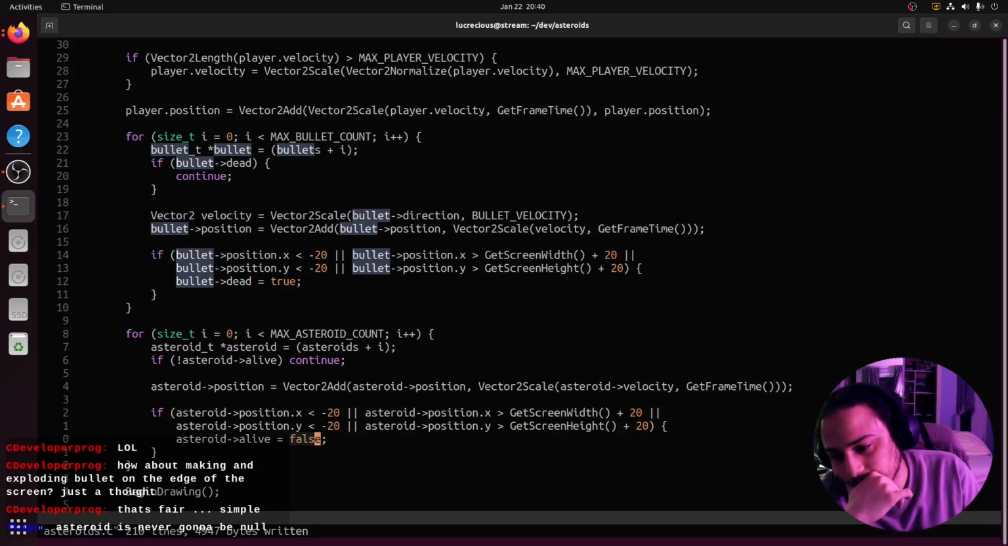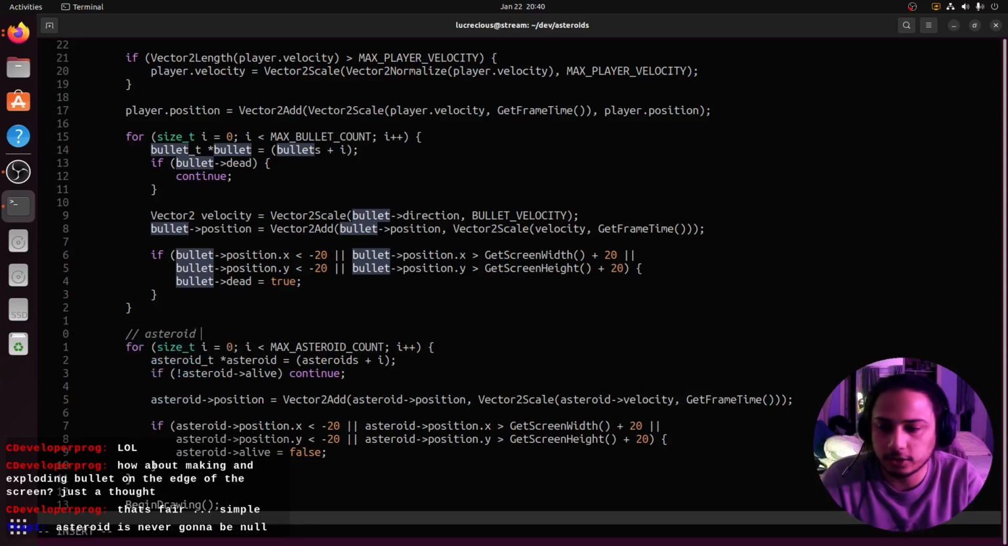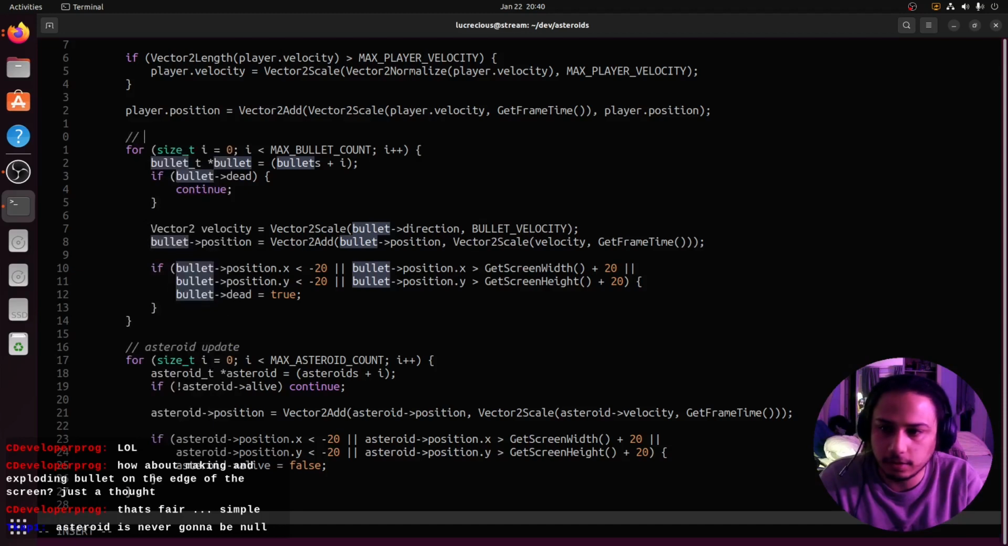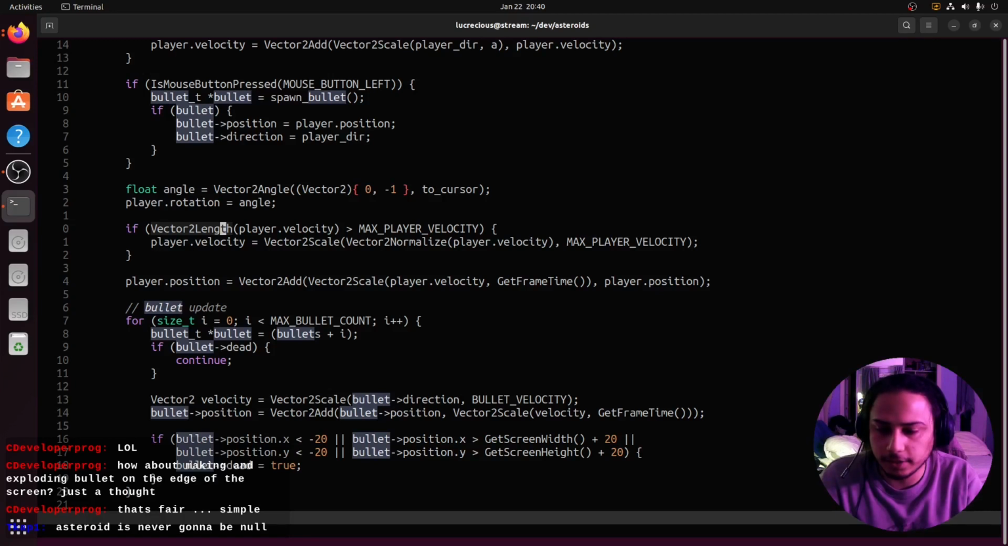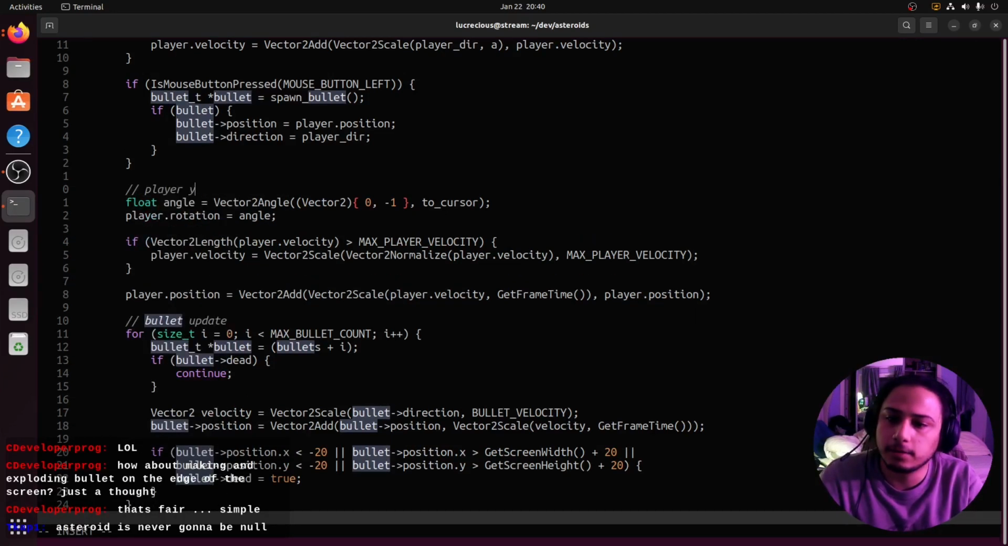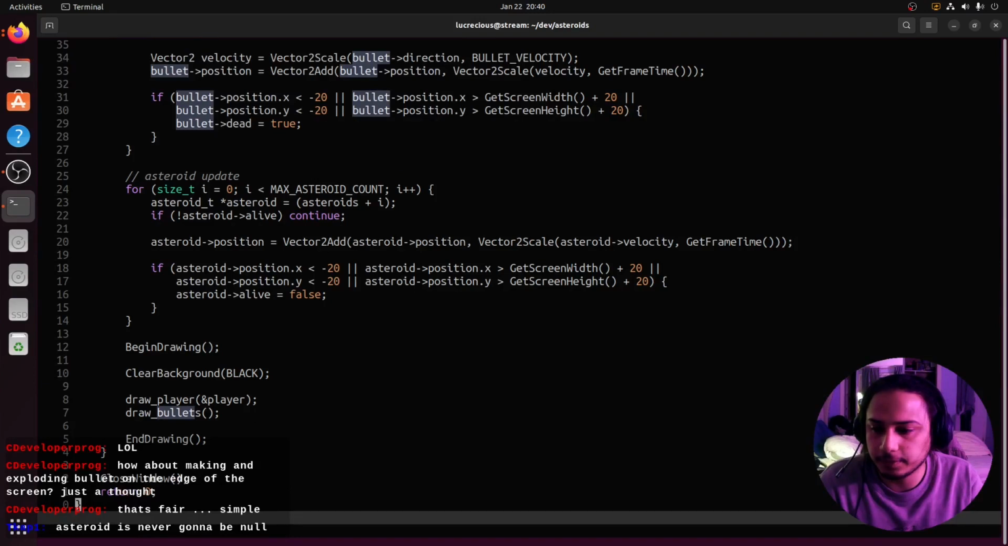So that's good. Now we've updated all this. This is the asteroid update, and this is the bullet update, and this is up here the player update. Okay. Have that nice and labeled. And then down here